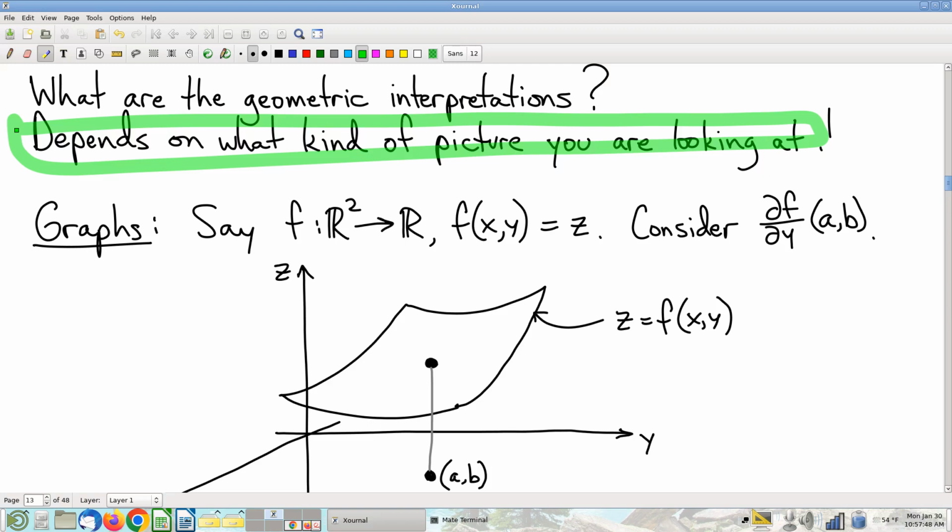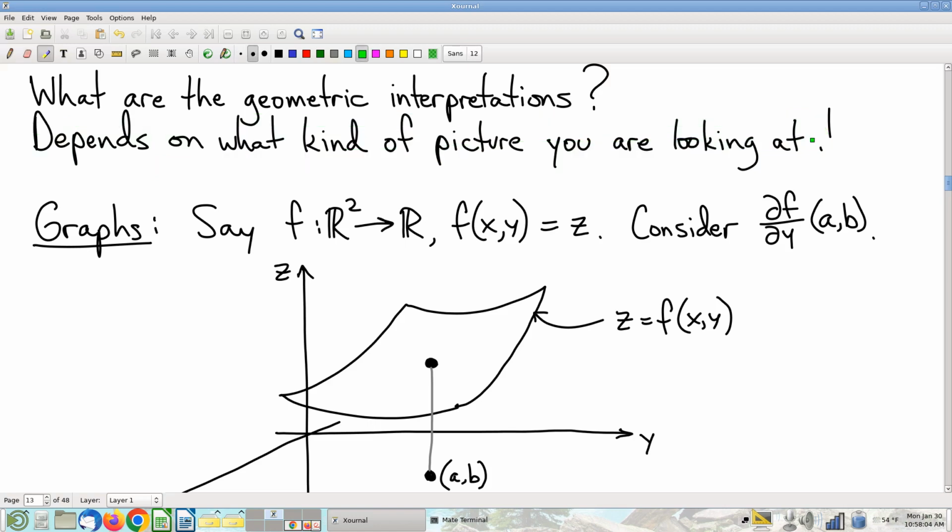And so with all these different connections between algebra and geometry, no surprise, calculus is going to look different in all of them. And partial derivatives are a nice sort of first example. So I emphasize here for this first discussion that we're going to do, this first discussion is just about graphs,